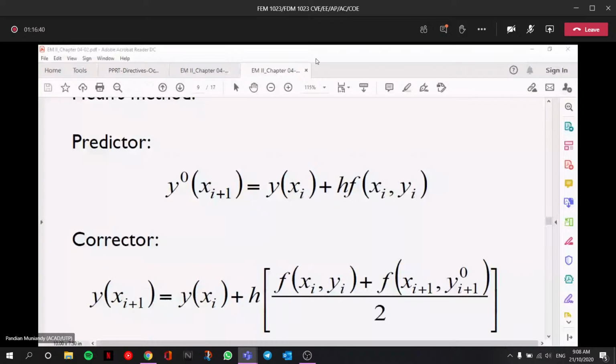So y at 1.1, y1, 1 plus, slowly, h 0.1 bracket f11. f11 you already calculated is 1 plus,